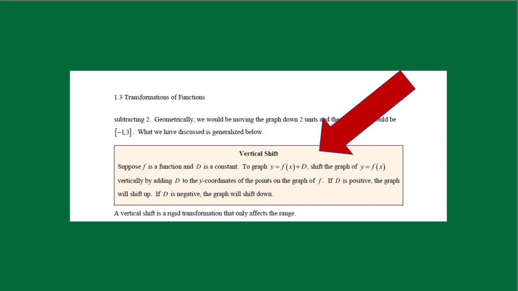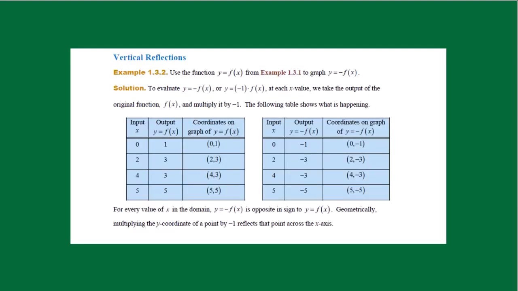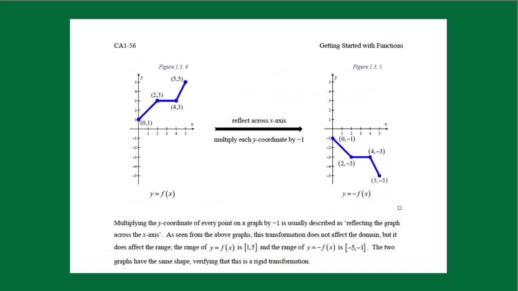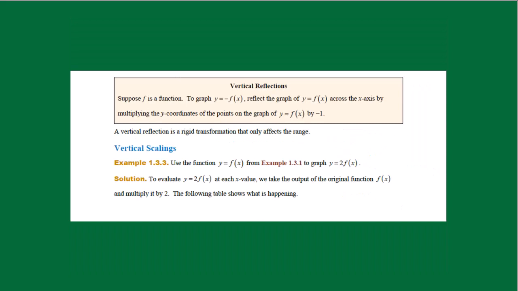So they're like, hey, we're going to talk about a vertical shift. And this kind of gives you a little clue that when you're looking at a vertical shift, you're going to change the outside or the output of your function, right? They have some tables in here of ordered pairs, which is probably a good idea to look at when you're going back to fill in the information, but not when you're skimming. You can see that this graph moved here a little bit, and it also looks like it reflected. And we can talk about that vertical reflection there in that box, right?